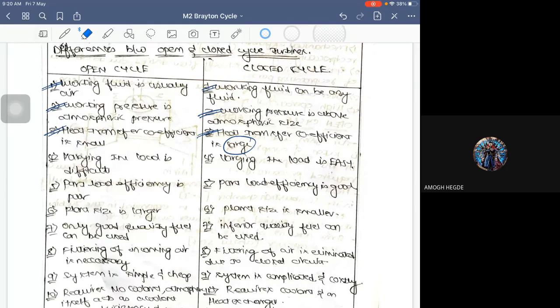Next point. Varying the load is very difficult here. Here, varying the load is easy. You can easily vary the load in case of a closed cycle gas turbine because you will be having a control on that. But having a control on an open cycle gas turbine is really difficult